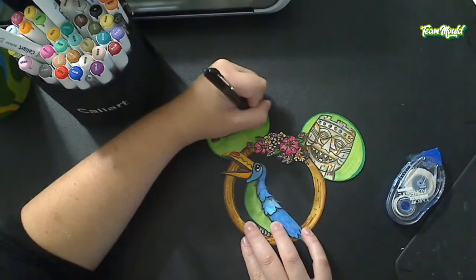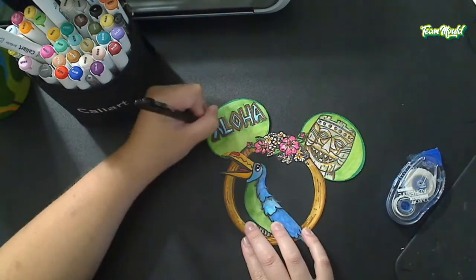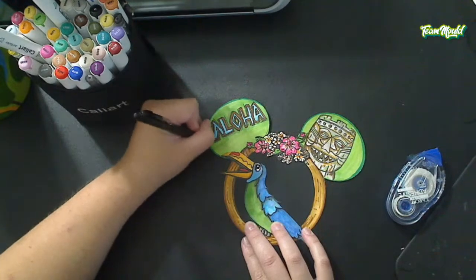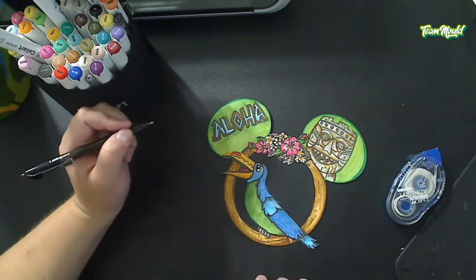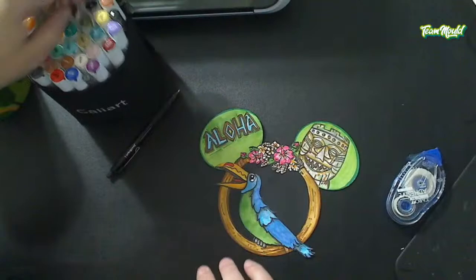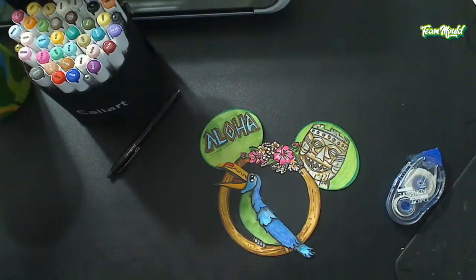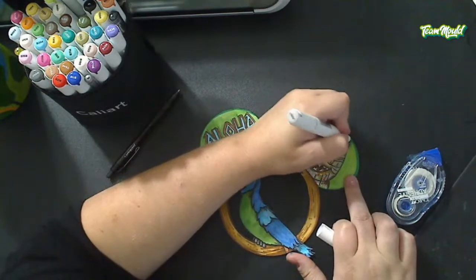Just gonna add some more little hash lines in there just to make it look all sketchy, because every time I see that font, that's kind of what I feel like it needs. It's cute. Love it. He needs a shadow. And then I think before I project runway this thing and overthink it, I think that we are gonna